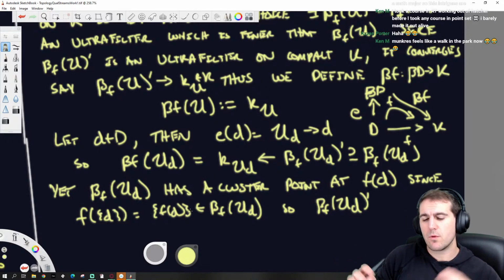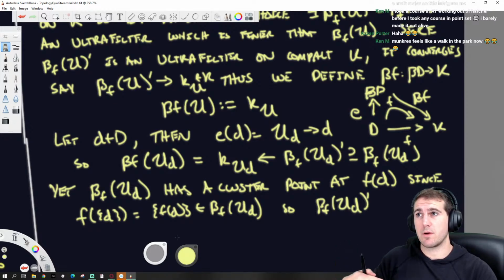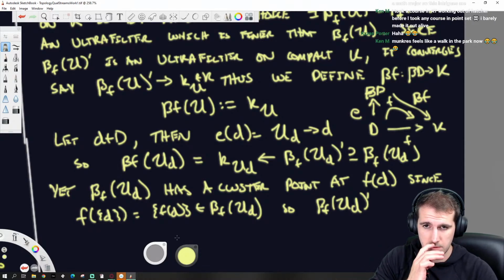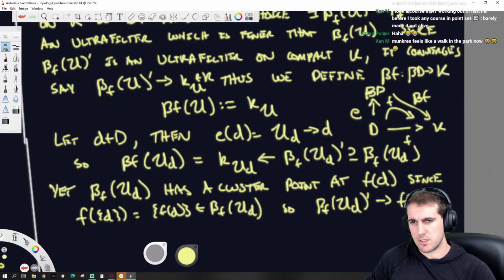If it had a cluster point anywhere else, then those two neighborhoods would trivially intersect, because it would have to be a singleton. Or the other way to say that is that if it did have another cluster point, then neither of them would be cluster points. So that ultrafilter goes to f of d, which is equal, by definition of what the map does, to k_{u_d}.